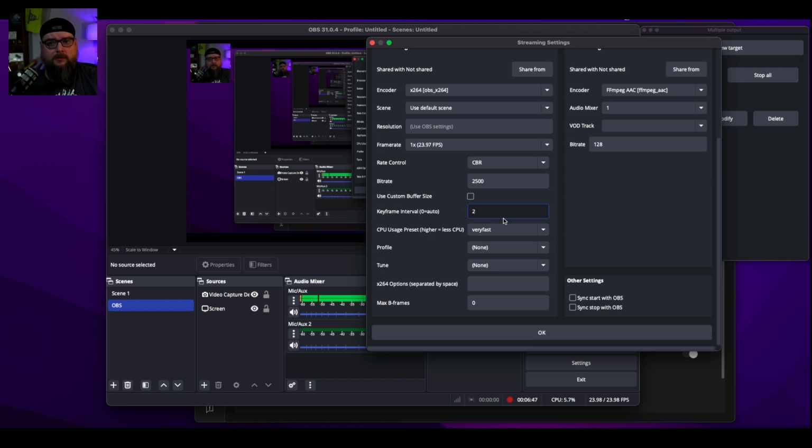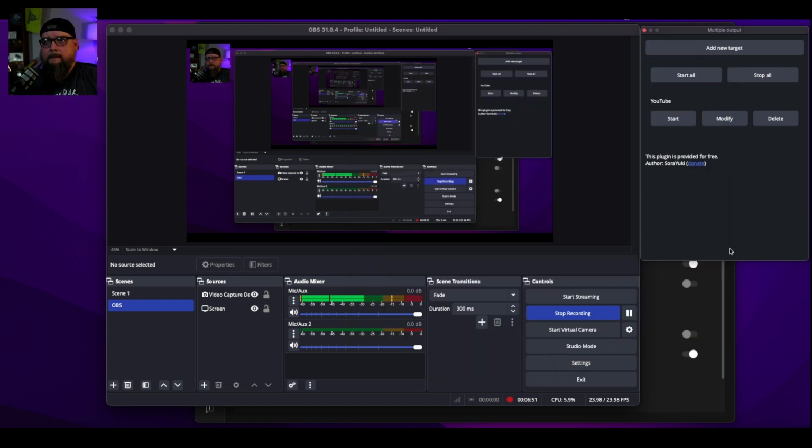Every platform is a little bit different. Go ahead and hit OK. And we are all set with our first target here. Now you can add more than that. For example, you can add Facebook or Twitch or Kick or anything, any place that you want to stream to that allows it. What we're going to do now is pretend we have others here